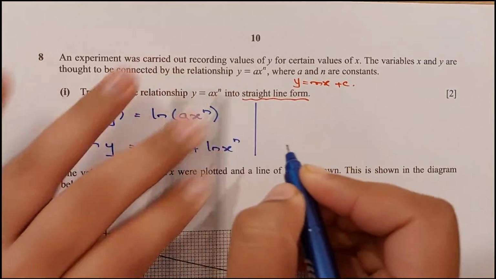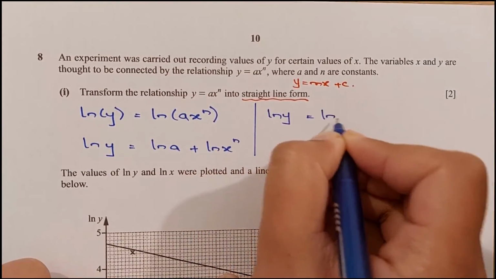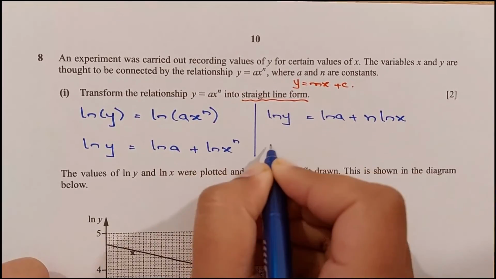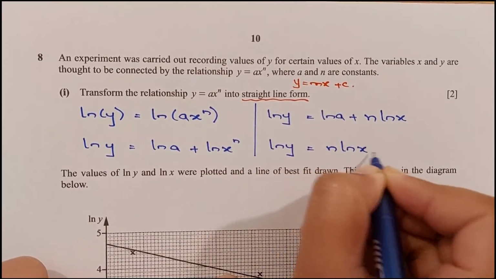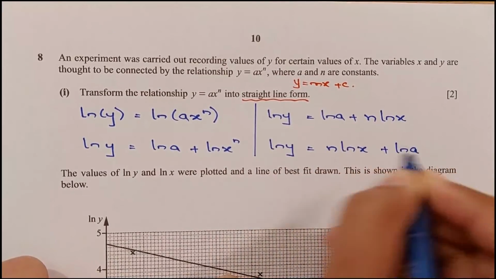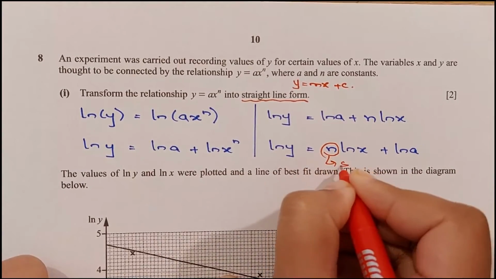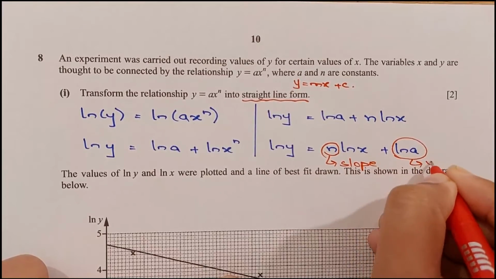And apply the power law here. So ln of y equals ln of a plus n ln of x. And in the straight line form, this is ln of y equals n ln x plus ln a, right? So this n is the slope, and this is the y-intercept,